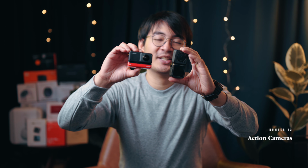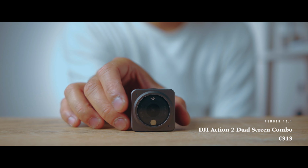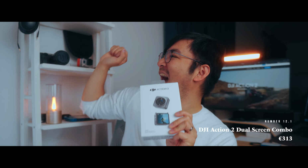Moving on to cameras, let's start with a couple of action cameras. Although I've never been much of an action camera guy, I've added 2 action cameras to my kit this year, and if you're looking for one to check, then you might be interested in the DJI Action 2 and the Insta360 ONE RS. The DJI Action 2, which I actually won as a prize in the 7th DJI Skypixel competition this year,